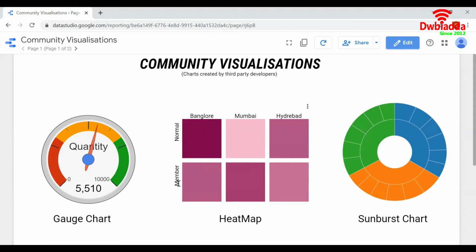And the y-axis shows the member type and the x-axis shows the cities. So we can say that the value in Bangalore city and the customers of type normal, the record count is maximum here. The next chart is sunburst chart.